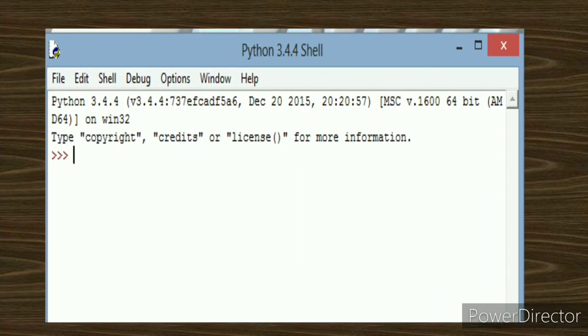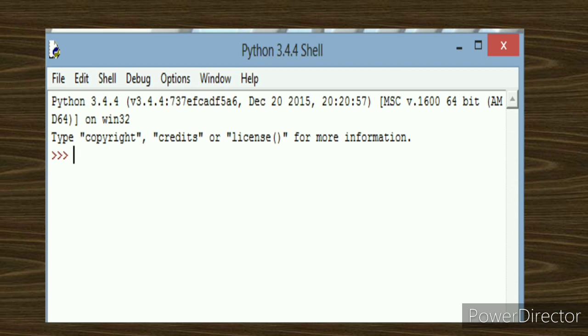Number two, this is a Python shell, a dedicated Python window, so that you can type out the command. But the difference is that in this case, on the top you do not have any top ribbon, but you have certain menus: file, edit, shell, debug, options, window, and help. From file you can choose a new window. The Python shell gives you the option to write down commands, and scripting too. That means you can write a collection of steps or logical statements, then save it and run it.